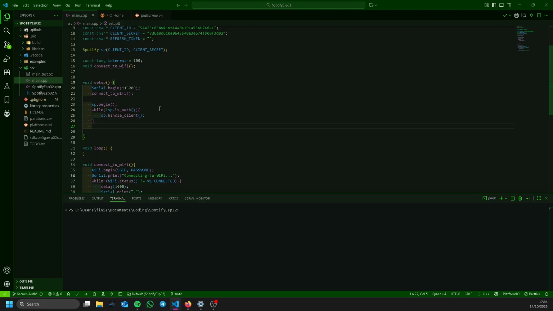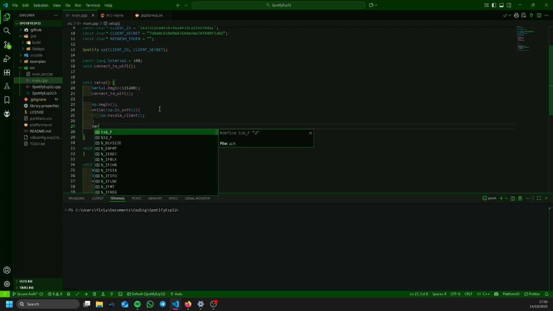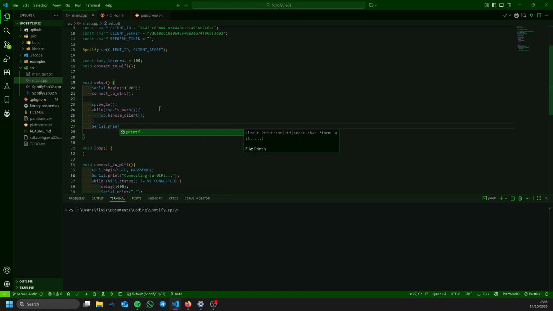And because we don't want to re-authenticate every time, we're going to print the refresh token to the serial monitor. So I'm going to do simply Serial.printf, and we'll say refresh token, and then we can call